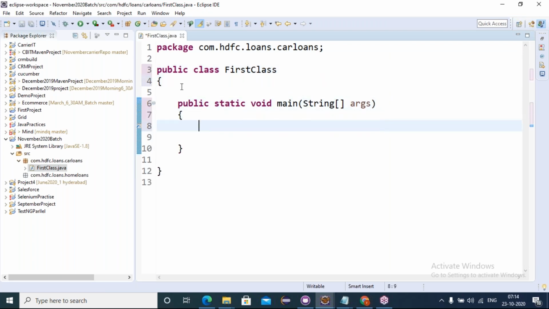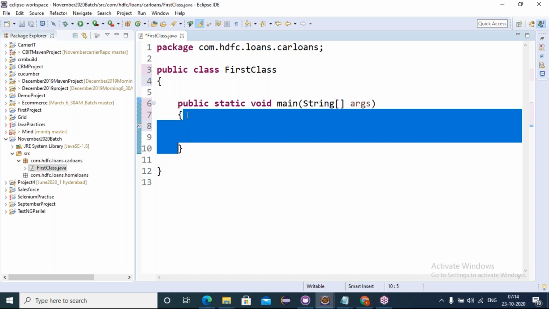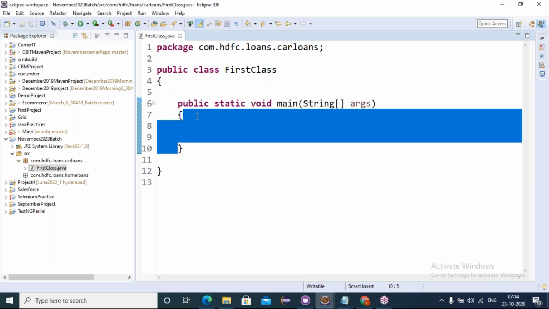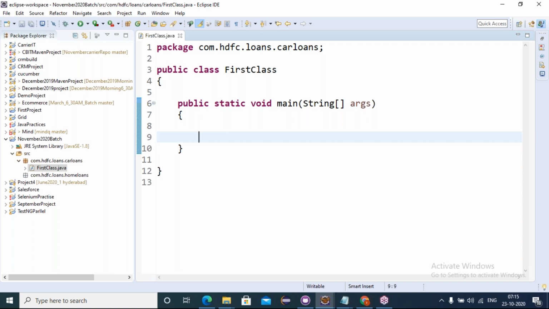See friends, this is the class, and this is the open and close curly bracket of the class. Inside the class, we have a method, public static void main(String[] args). If you would like to execute this program, just click on run. Nothing will happen because no statements are there inside this main method. If you want to print something, in C language we have printf, in C++ we have cout, in Python we have print, but in Java we have System.out.println. So friends, Java is providing smart work.